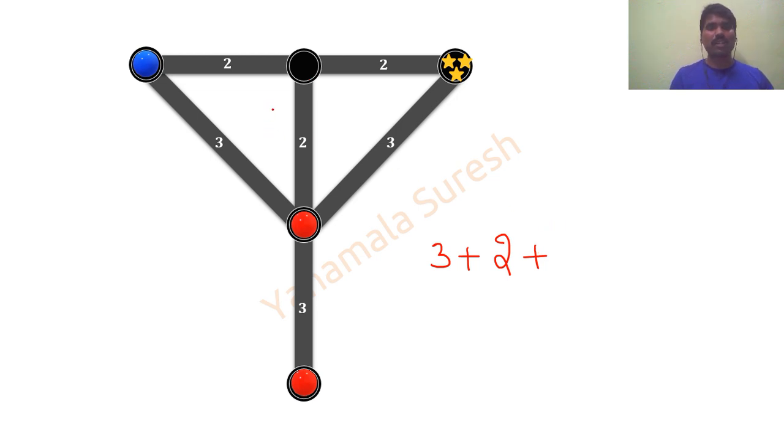Now my job is very simple. I can move this blue ball till here. So again I have to use the number 2. Done. And finally again 2 from here to here. Done. So what is the total value? 3 plus 2 plus 2 plus 2, that is nothing but 9.